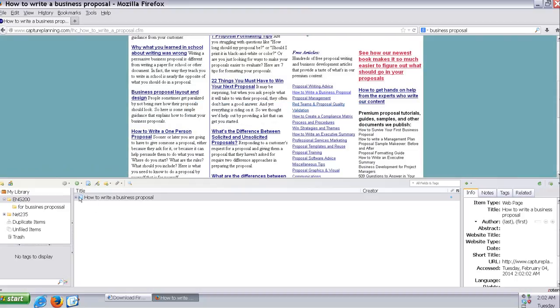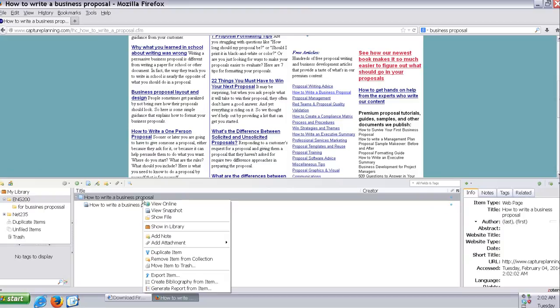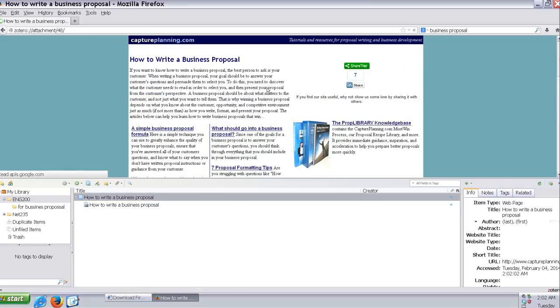But from here now, what I can do is I can right click. This has some information about the website. Has the link to it here. You can right click on the link. So if you need to get back to it, you can just click view online. If you are coming back to your research, you don't have to write down or remember the web address. It's like a bookmark. It's a fancy way to bookmark stuff. There's also a snapshot view, which once you create it, creates a snapshot view for you, so